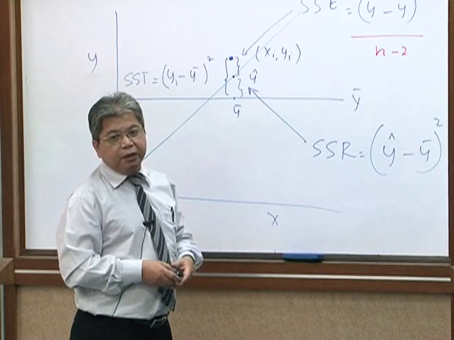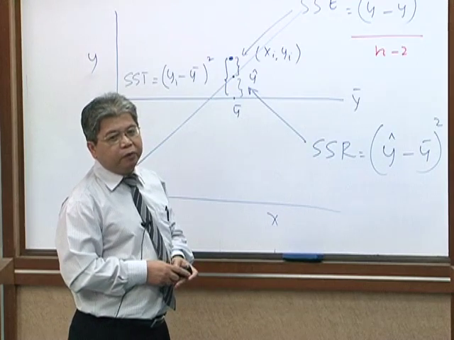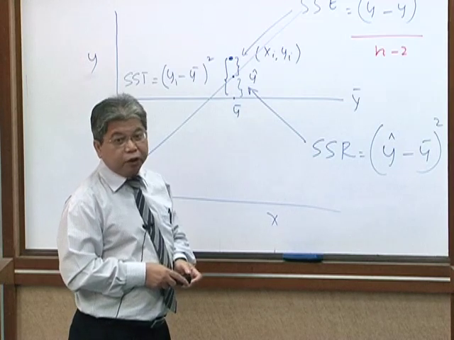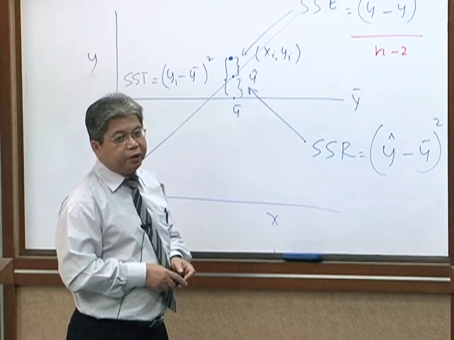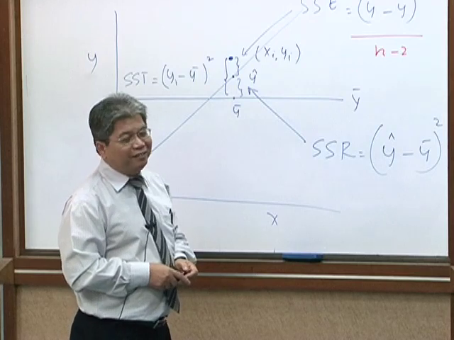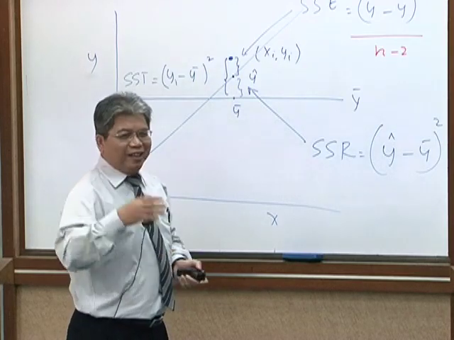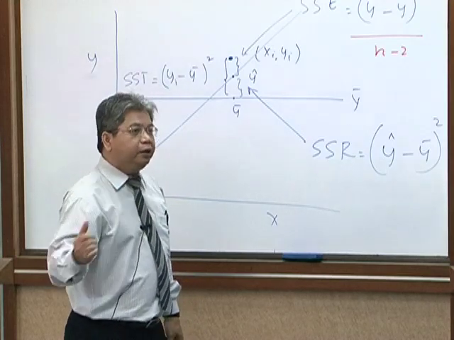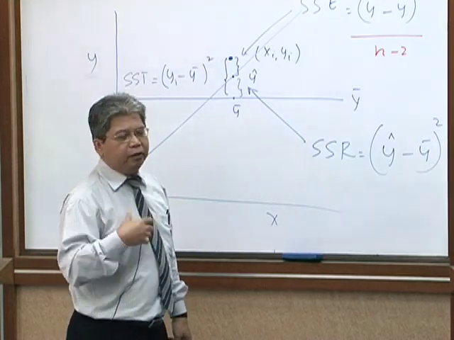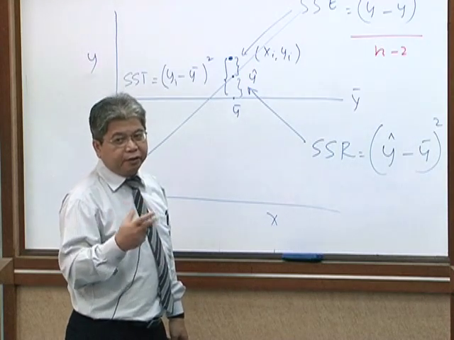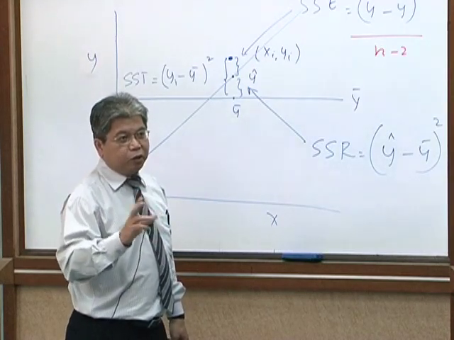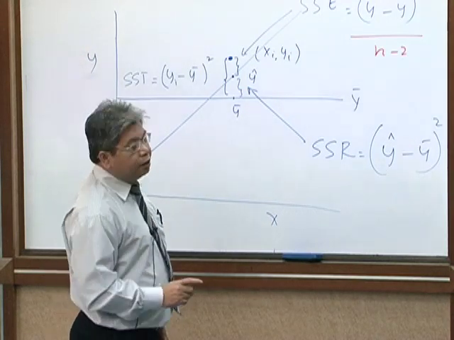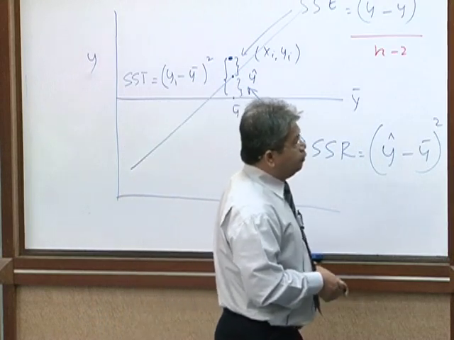The F test is from the statistician named Fisher. It's a very famous statistician. We can look up the F test value from the F table. That's the F table. Remember that when we want to compare variance, whether the two experiments have equal variance, we use the F test. So the same F test is used here.